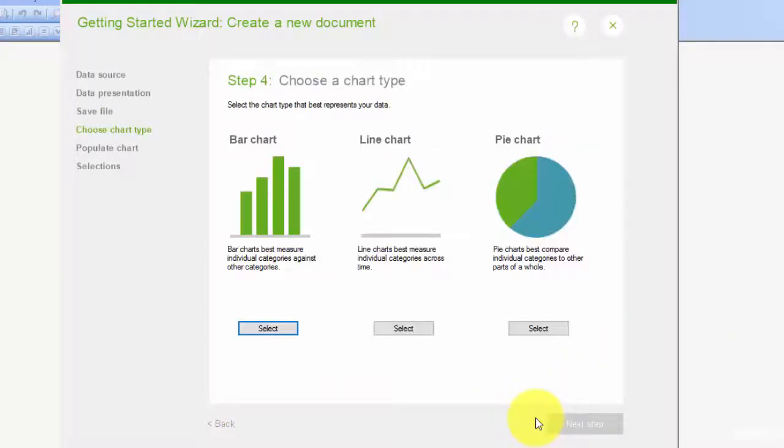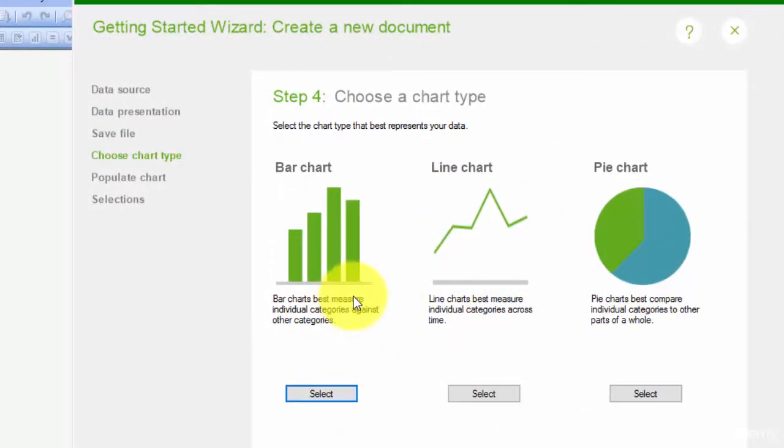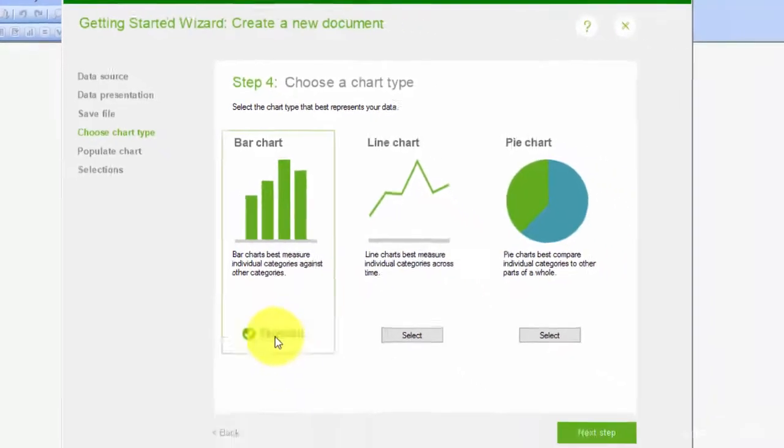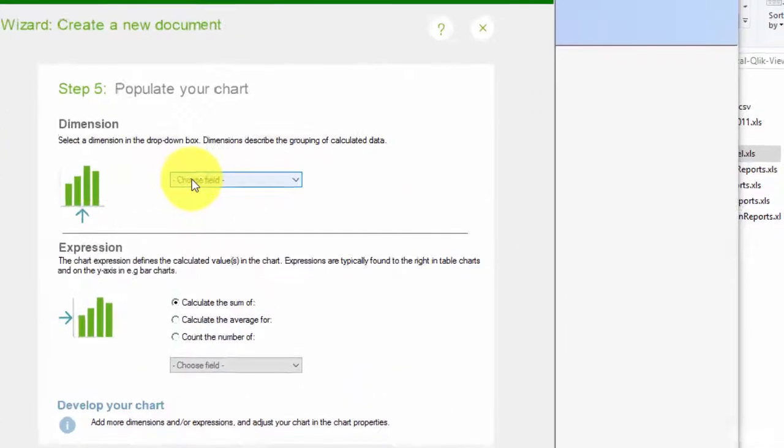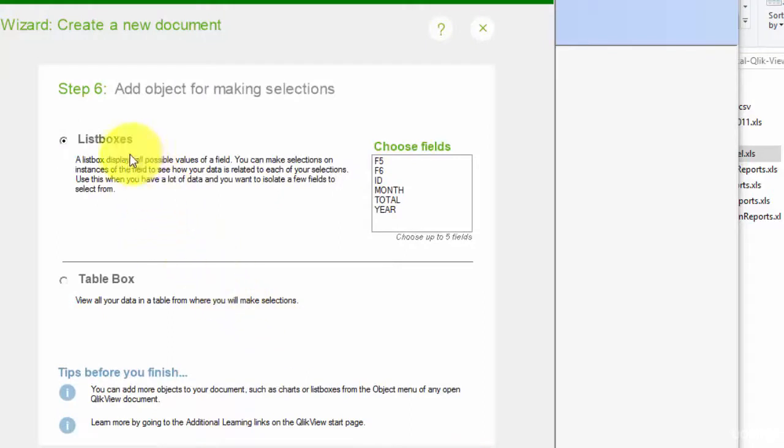Here we're going to select what type of chart we want to use. In this case it's going to be a bar chart, so that's selected. Click Next Step. Now we're going to select how we want to group our expressions, so we're going to be grouping them by the month field, and the expression we're going to be calculating is the sum of the total field. So click Next Step. So list boxes, in this case we're going to just select the month list box. You could also create a table box of multiple fields if you wanted. In this case we're just going to click Create,